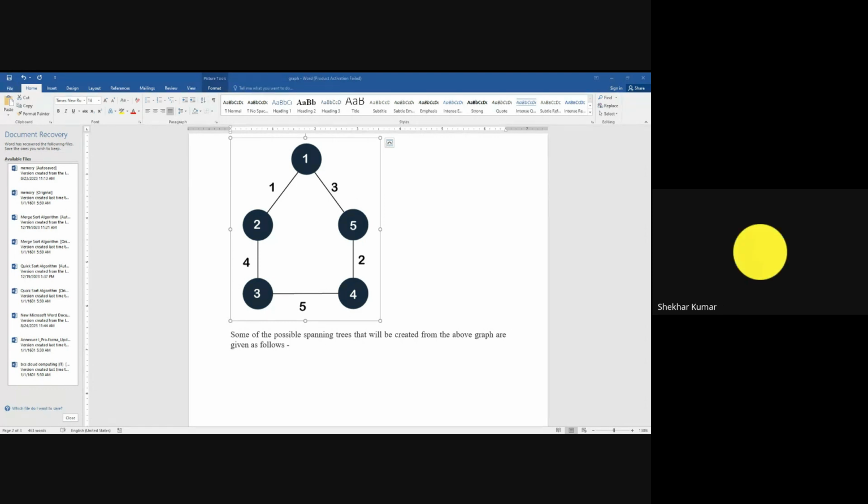Now next is your Prim's algorithm. Prim's algorithm is a greedy algorithm in which we find out a minimum spanning tree. The goal of the algorithm is to find out the minimum spanning tree